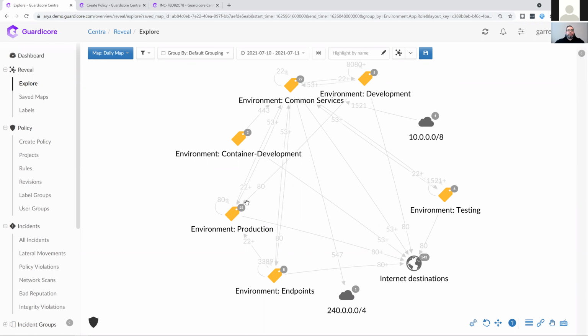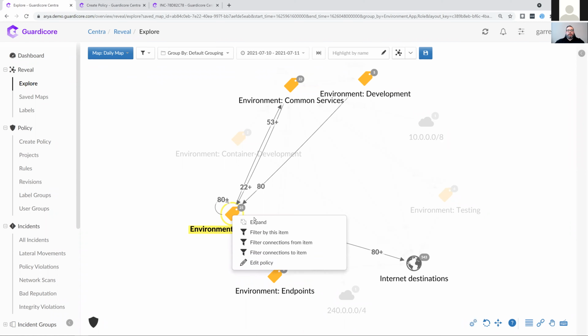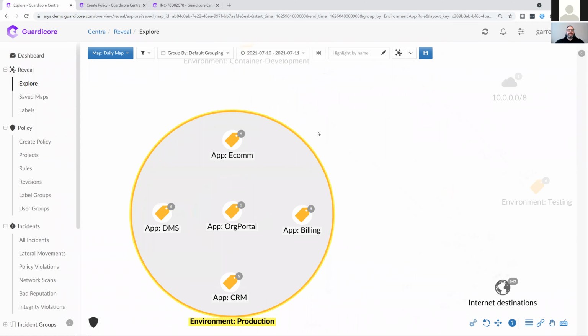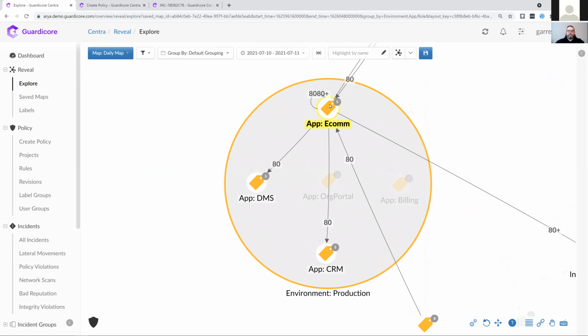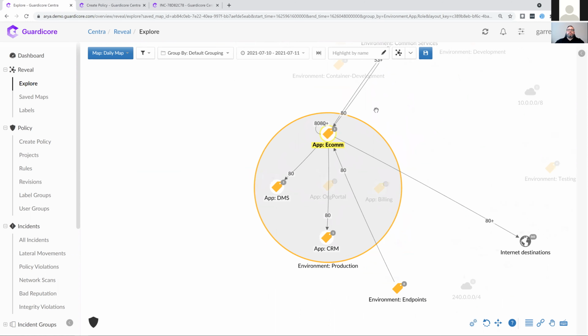When I'm looking at a Reveal map, I can see here, I effectively have everything organized by the environment that my workloads are a part of. And if I want to look into my production environment and understand the applications, such as my e-commerce application that maybe need to be PCI or SWIFT compliant, I can first see the dependencies of that application. I can see connections to our document management system and the customer relationship management tools. I can understand